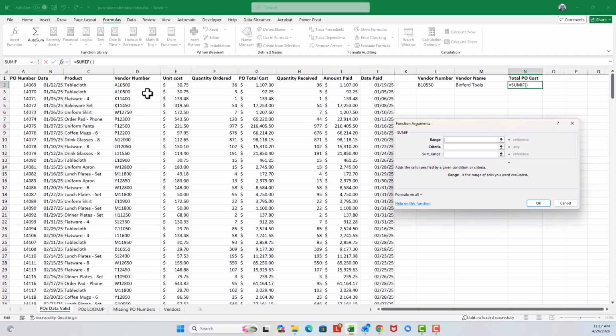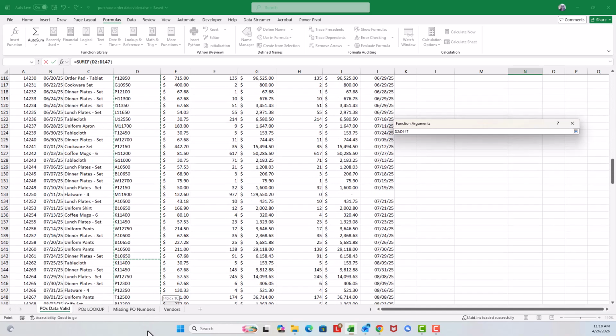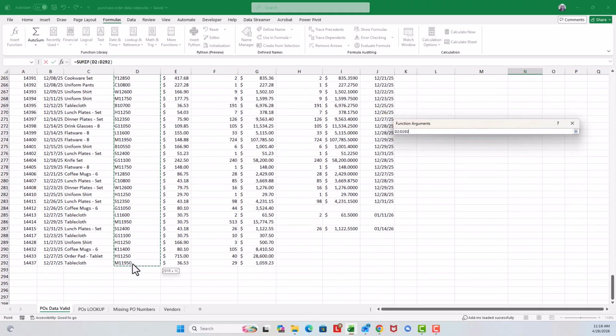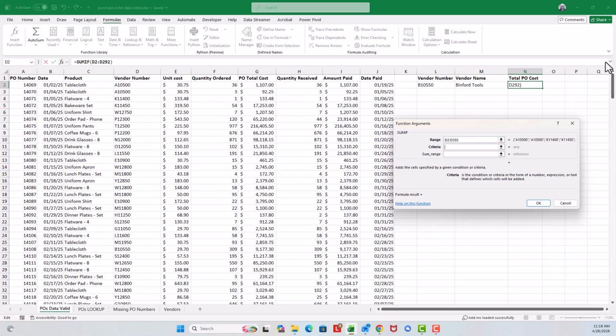So the range is the vendor number, D2, select all the way down to D292. No dollar signs are necessary because we are not copying the formula. The criteria is the vendor number. So it'll search through the range for all of the cells that fit the criteria, L2, the current vendor number,